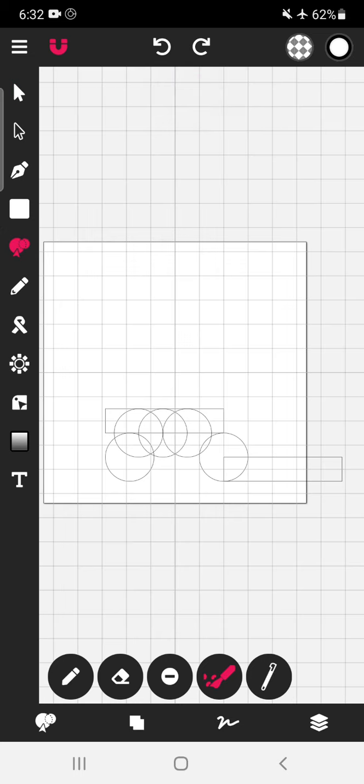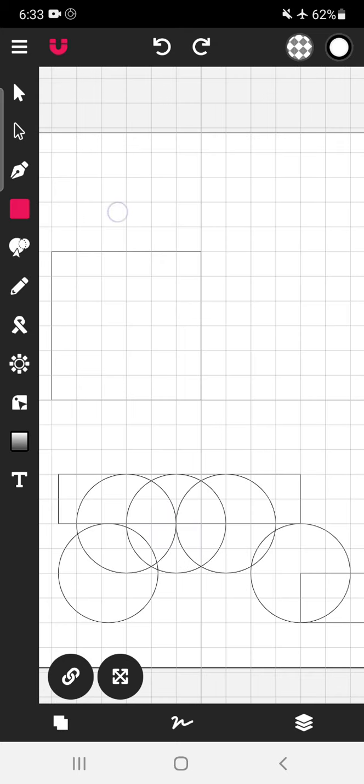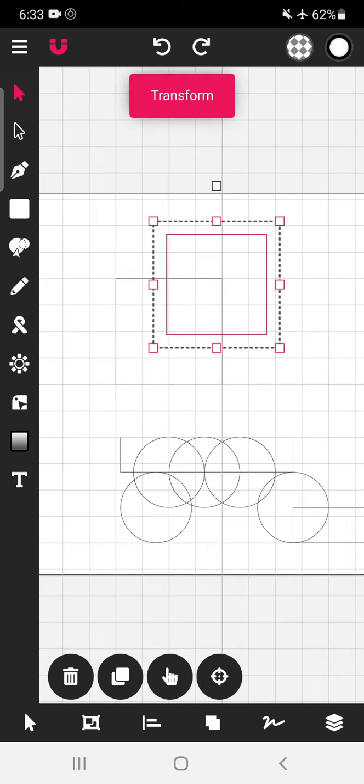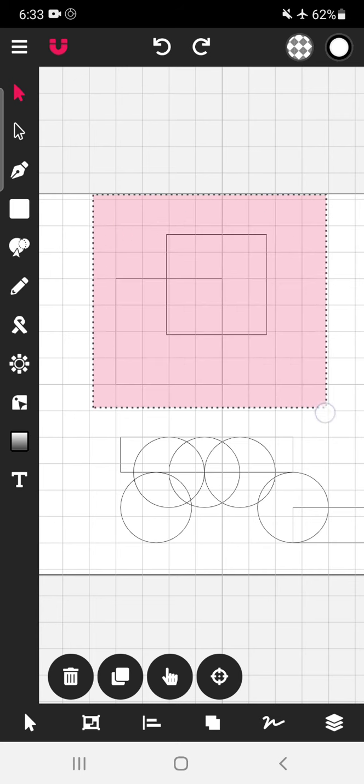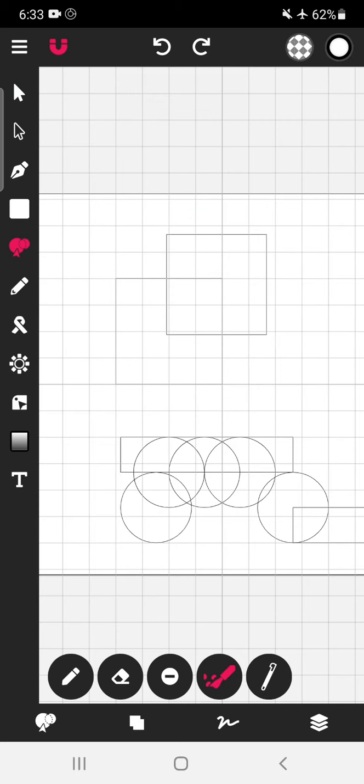So now let us use this shape builder tool. In this session tutorial, I want to explain few features about the shape builder tool. So there are many changes over the period of time in the shape builder tool. See, I am drawing one rectangle and another rectangle. Now, to use the shape builder tool, you have to select those shapes on which you want to use the shape builder tool. Now select them and then tap on the shape builder tool.